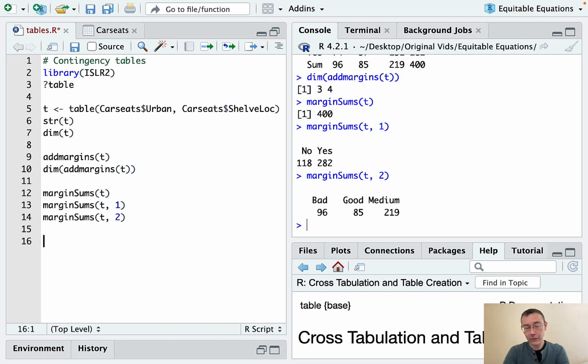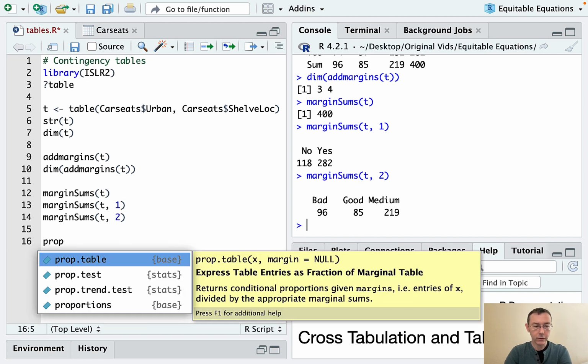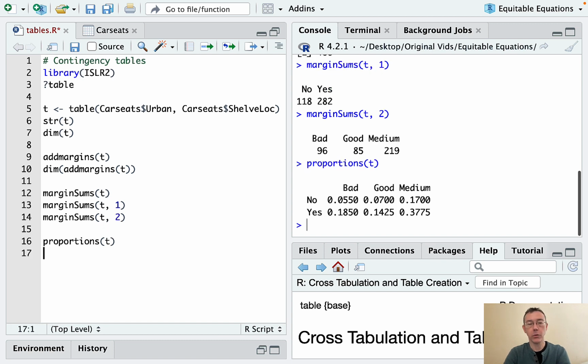One other command that I think is fun to know here is proportions, which is actually, I think, the same as prop table. I just got in the habit of using proportions, so I'm going to stick with that. And again, you can just feed it the name of the table, and now it's going to give you the proportions of the total that are in each of those cells. So 7% of the stores in this sample were considered non-urban and had good shelving locations for the